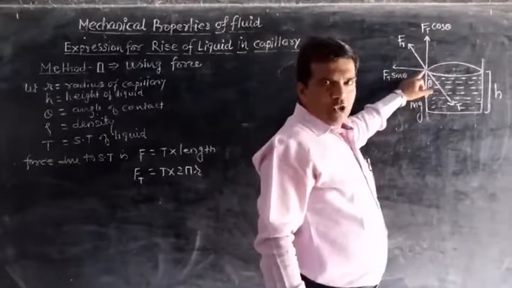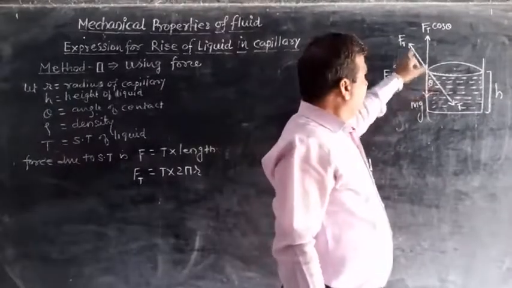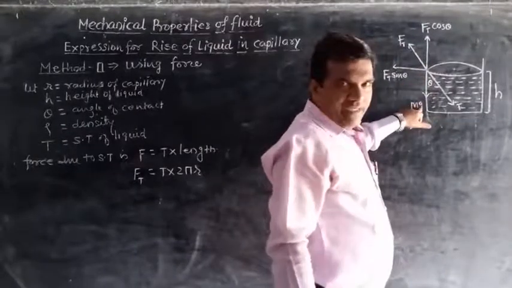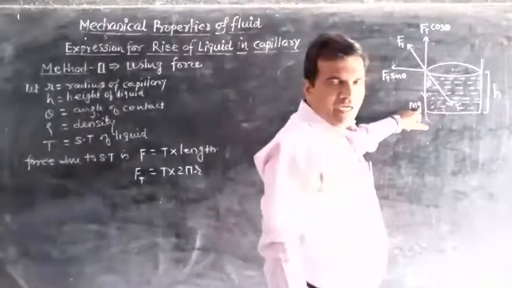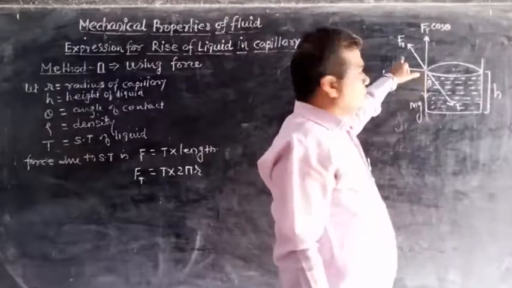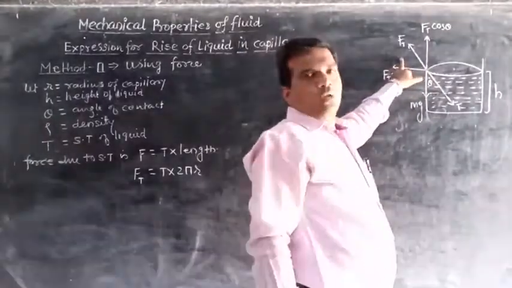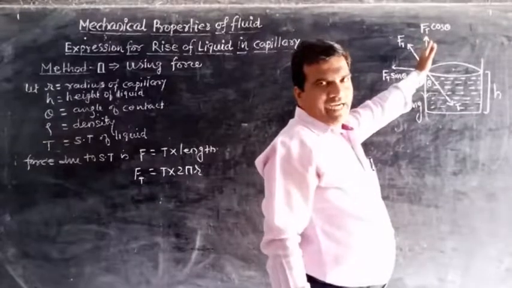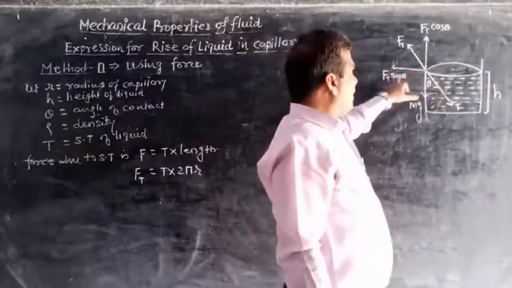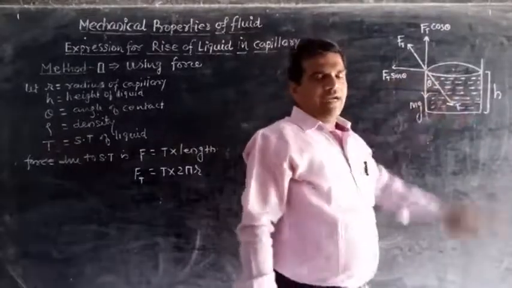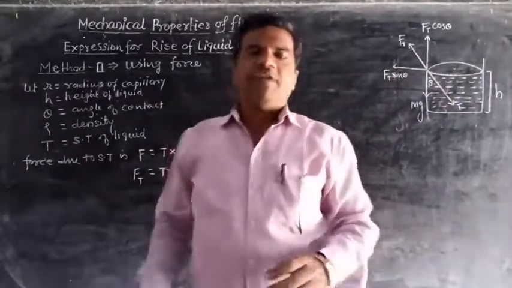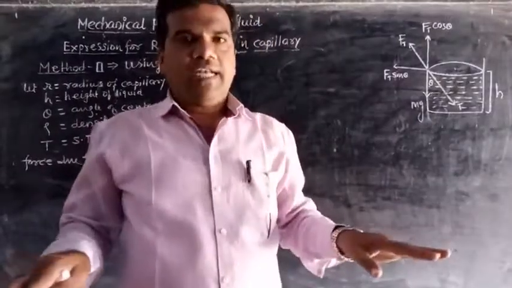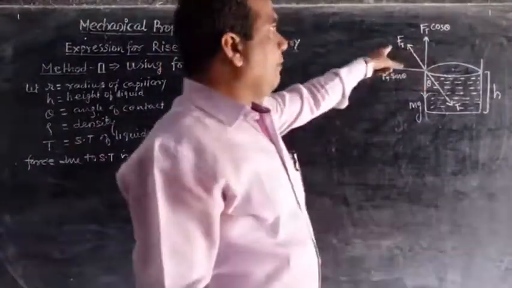For this meniscus, two forces are acting. One is the force due to surface tension, and second is the weight of liquid in the downward direction. Now this force due to surface tension is again resolved into two components. One is the vertical component, that is Ft cos theta, and second is the horizontal component, Ft sin theta. Now this horizontal component Ft sin theta is negligible, or it can be rejected, but the vertical component, that is